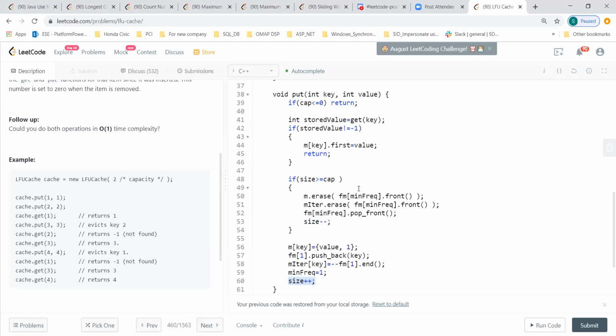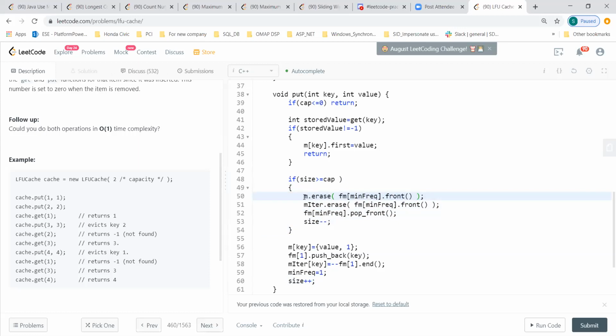This is the place where we actually remove the least frequently used, right? So that is the only small thing we do here. We go for the minimum frequency, and we just find it from the front, because the one at the front will be the least frequently used in that particular bucket.